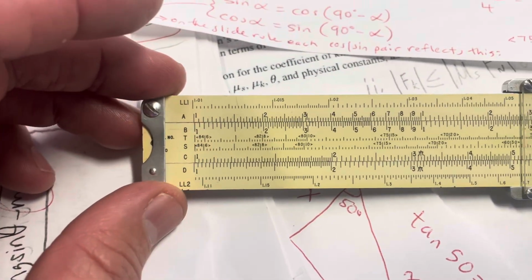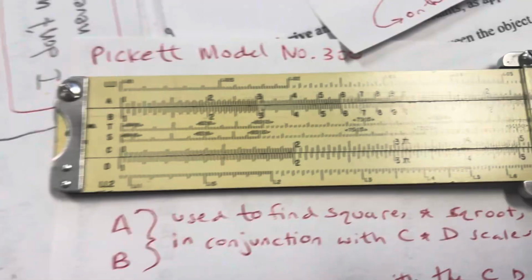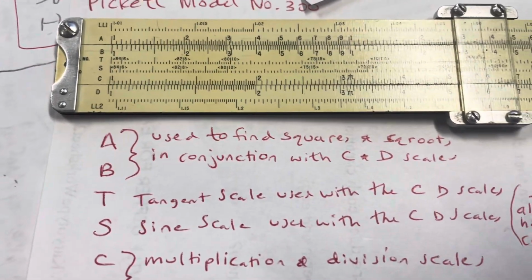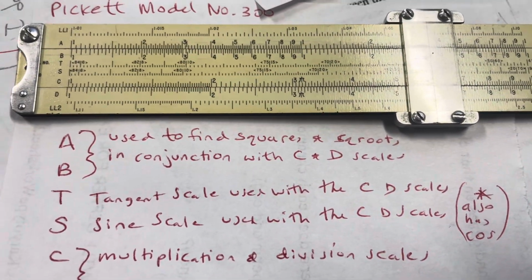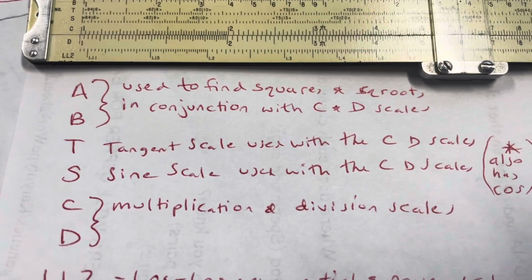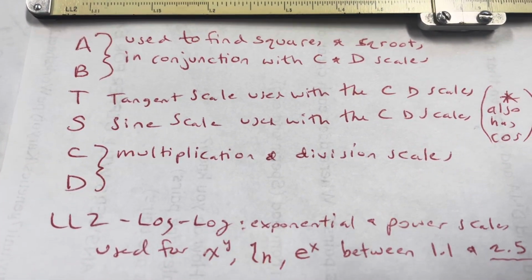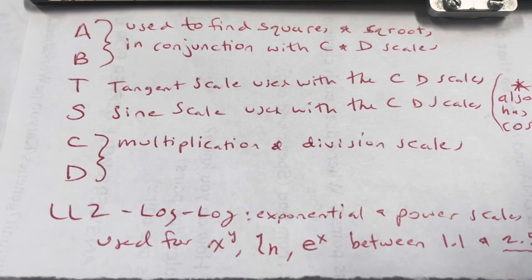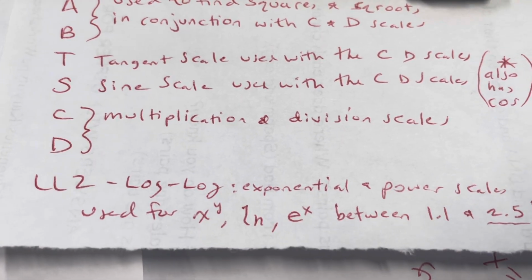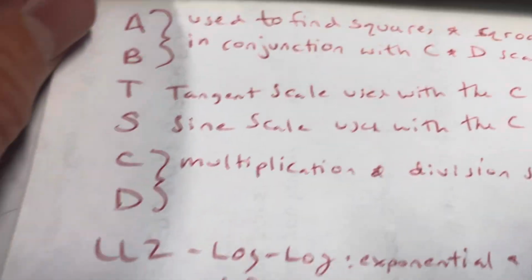So sine and cosine, so the letters on here, what did the letters represent? The letters represent A and B. Apparently they're for squares and square roots. T is tangent, S is sine, and C and D we just showed you were multiplication, division. And then we have the log scales. But we're going to deal best right now with